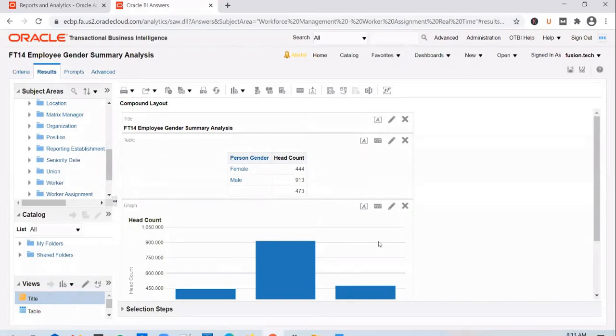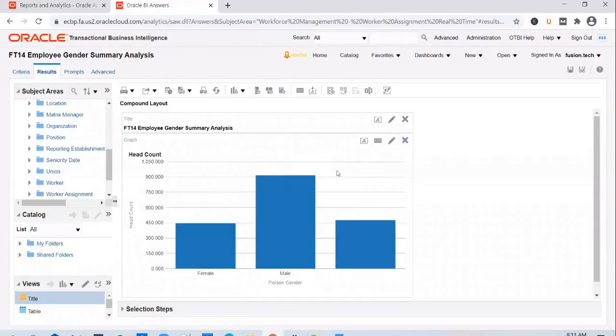If you want, yes, you can display the same information in multiple visualizations as well. But since in this case it doesn't make sense to display it in a tabular format, I have taken it out. And what is getting displayed now? Person gender: male, female, and those whose gender is not known, because when you hire an employee, gender is not a mandatory field. And here you see the headcount incrementing in terms of 150. This increment will also change automatically depending on the number of employees you have. If the number of employees increases, this interval will also change accordingly.